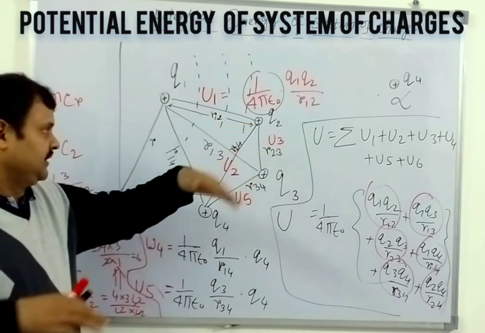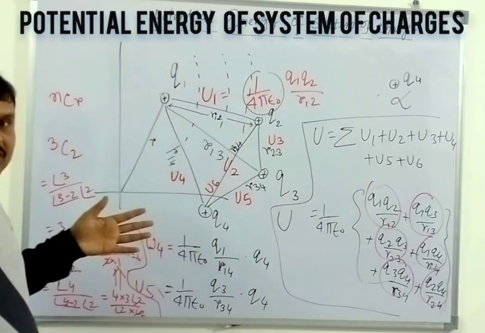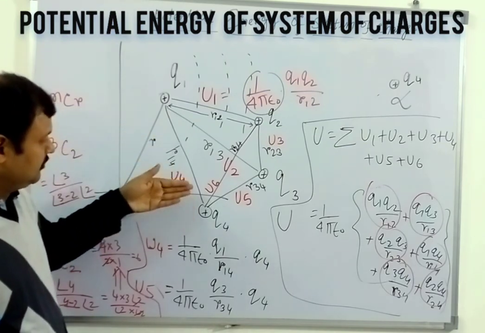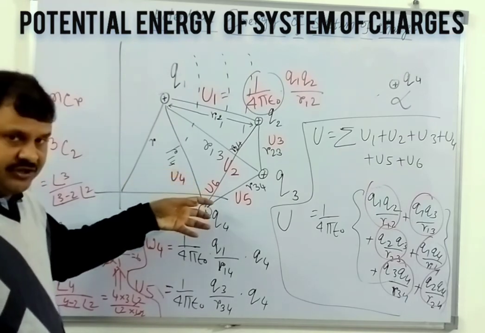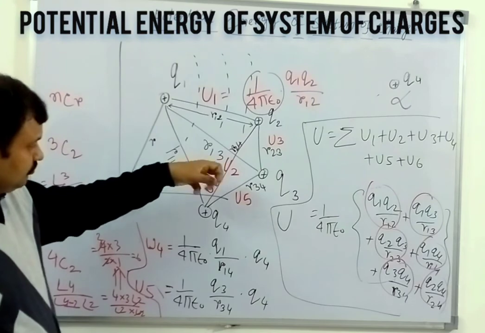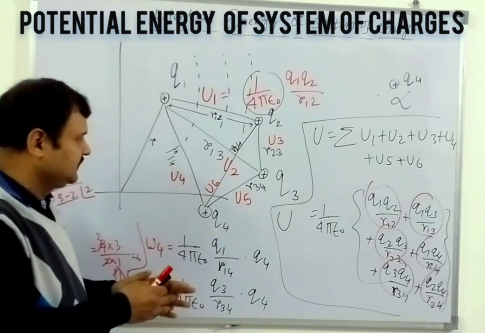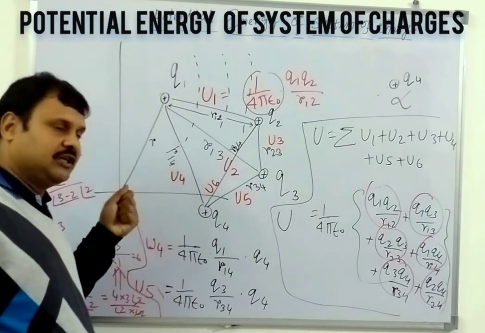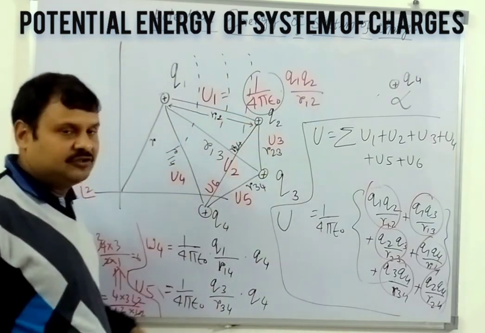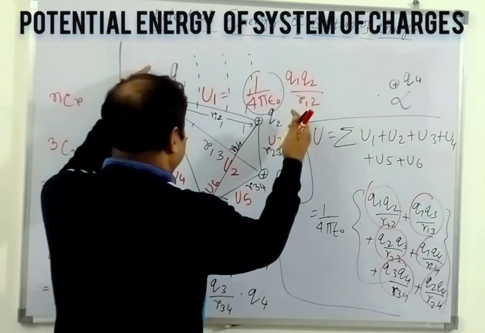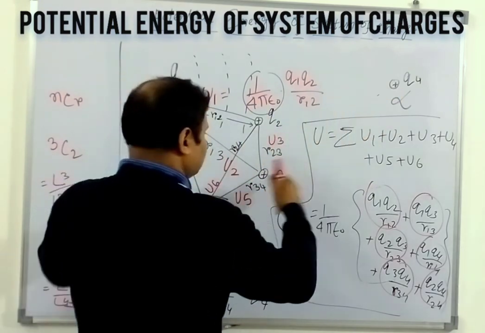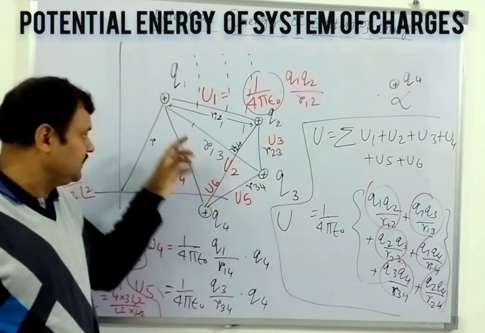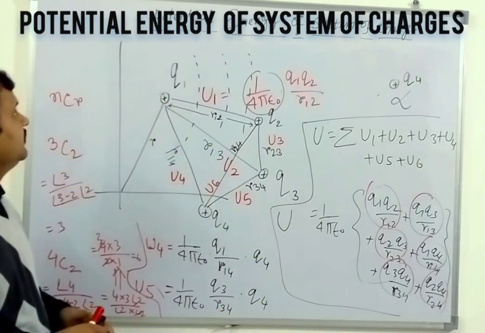You can consider 5 charges, 6 charges, 10 charges. This is the interaction between two independent charges creating a potential on one another, which actually makes them resist. A single charge will resist coming closer in this configuration, and for this we need to do some external work, which is ultimately stored as system potential energy. Once you release this mechanical confinement, it will bounce back, returning whatever amount they have stored in their mutual system. So I think you have understood.